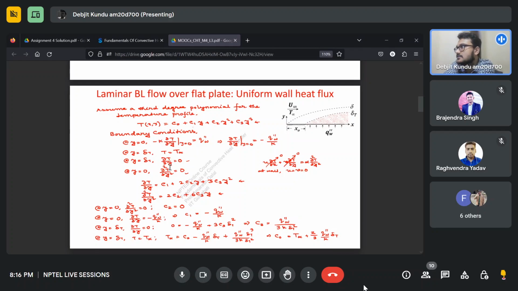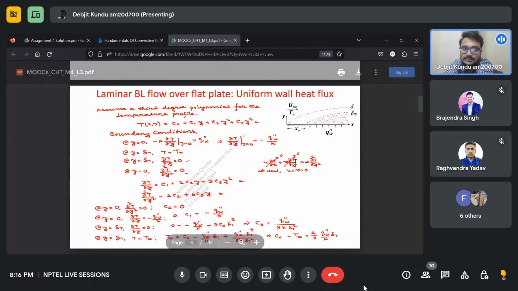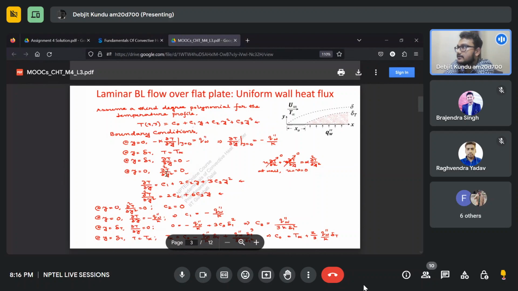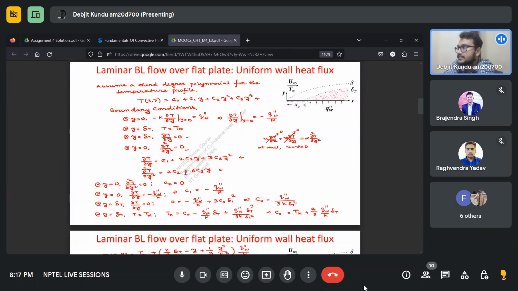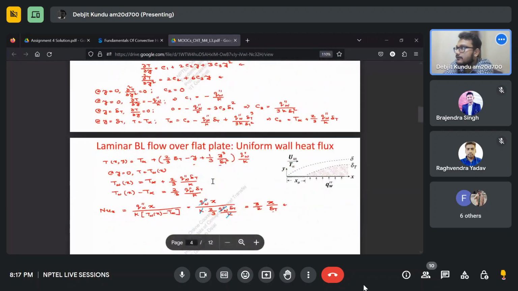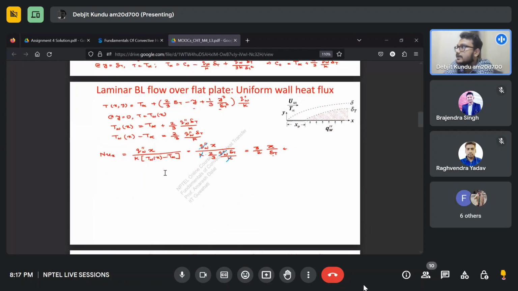We know this. Then at y equal to 0, once again from the energy equation, we put u equal to 0 and v equal to 0 as shown in the right hand side. Then we will finally get the second derivative of T to be 0 as well. So plugging all those in, we will find the values of C1, C2, C3 and so on. And finally we will get something like this, where